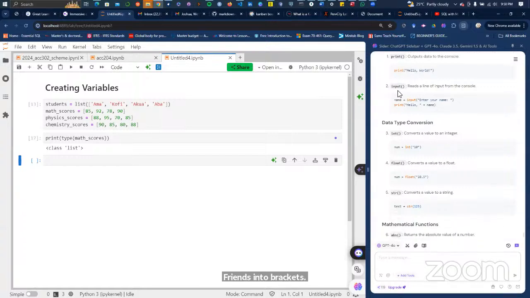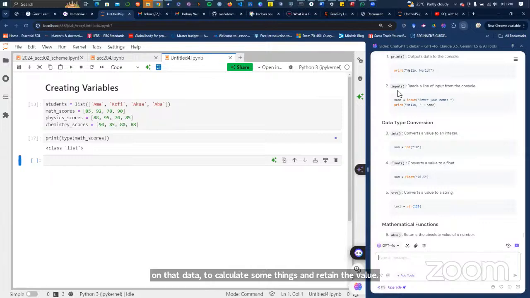Then we also have the input function. The input function takes an input from the user. So you can do a program where if you run it, there's a cursor blinking that the person who is running the program inputs some data. And then your code feeds on that data to calculate some things and return the value.